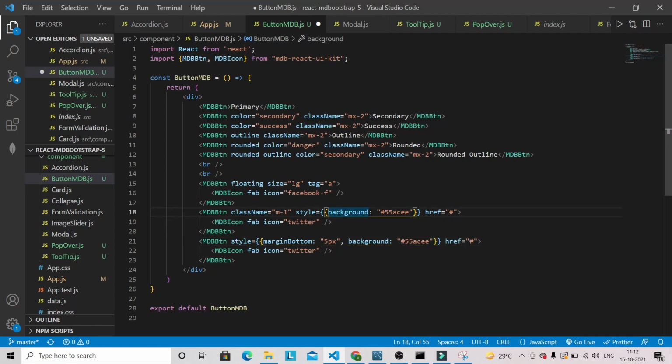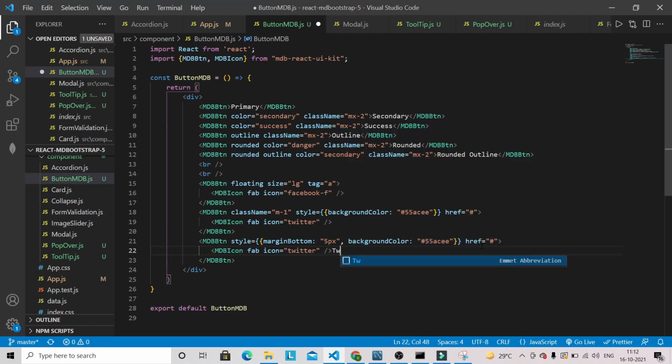So you can also give here like background color this way also, so it will work that way only. So it will work with this styling as well.